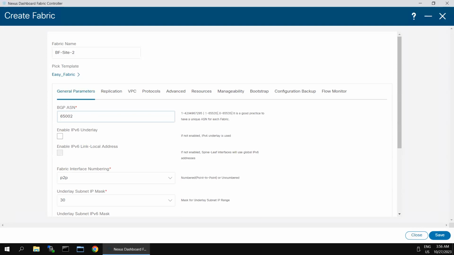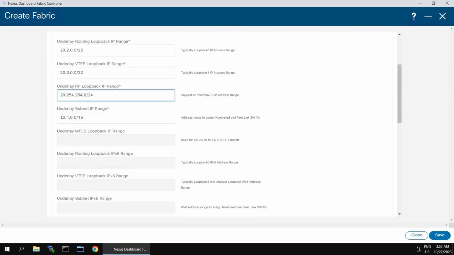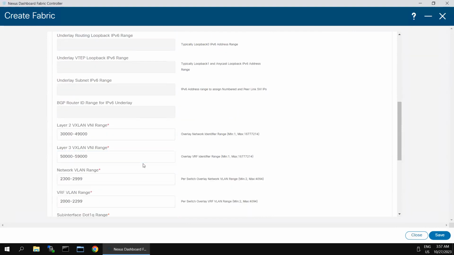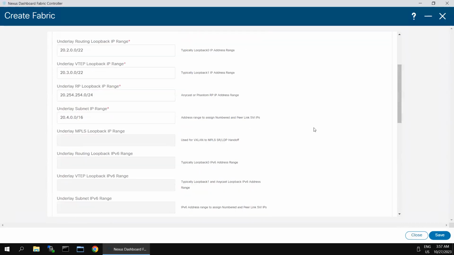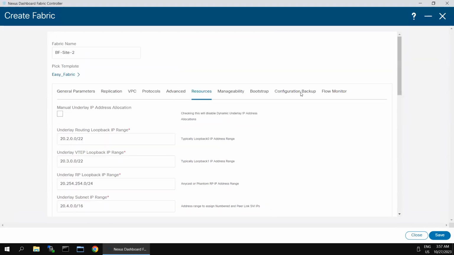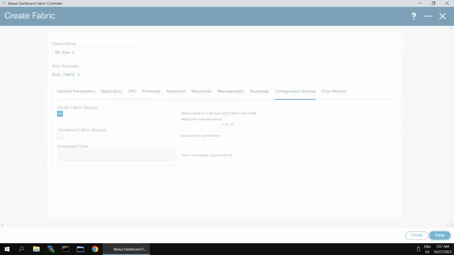Then we can go to the resources where instead of 10, we'll mark everything as 20. Make this 20. And here also 20. Then we have this backup option. So let's go to the configuration backup, hourly backup. Let's click save. Once this is saved,